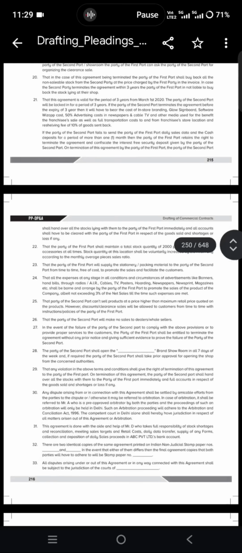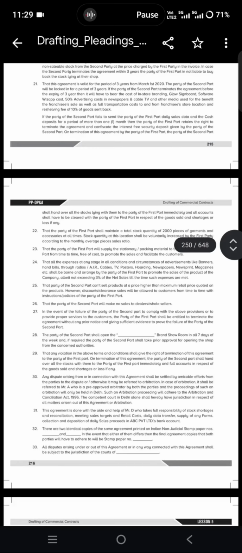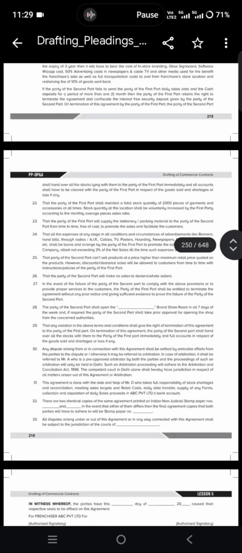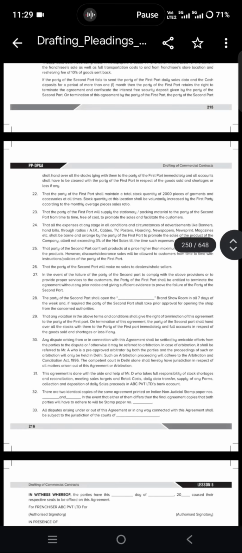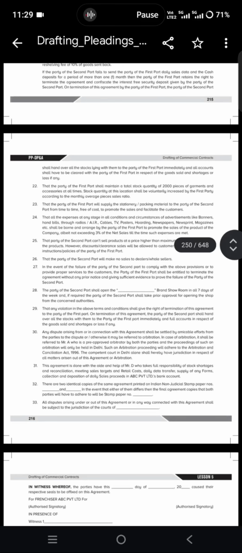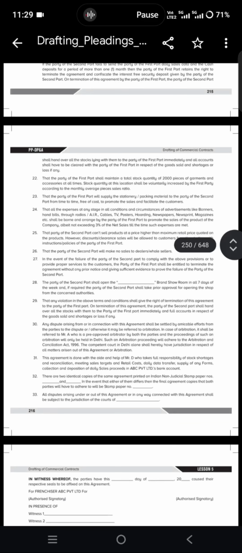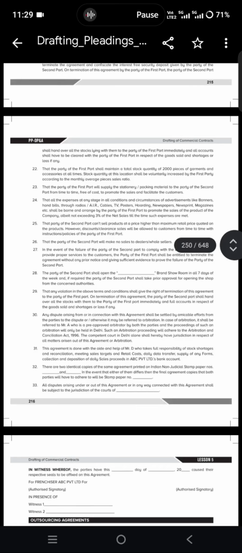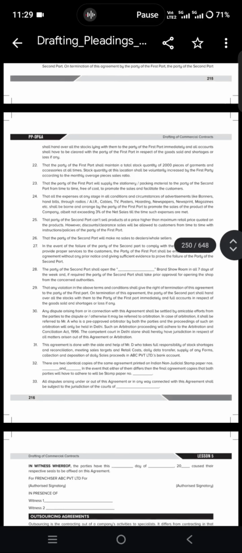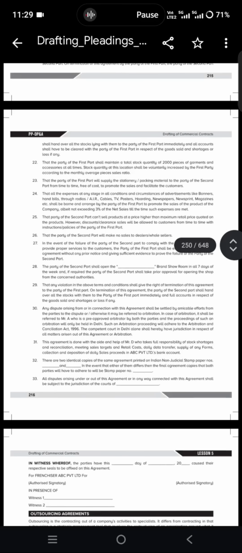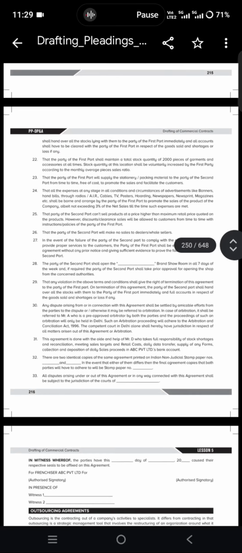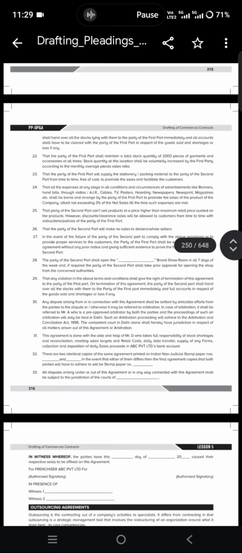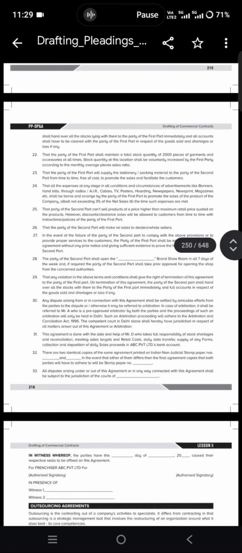And neither of the parties shall use the other's names, trademarks, proprietary words, anything related to the other, without prior written approval. And 12th point, neither party shall be liable for any special, consequential, or incidental damages or losses, regardless of whether a party was advised of the possibility of the damage or loss asserted. Means the loss that happened is out of their hands or out of their power, so no one can do anything, so they will not be liable.